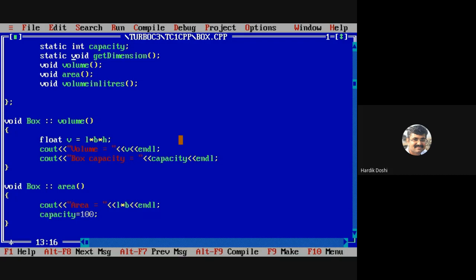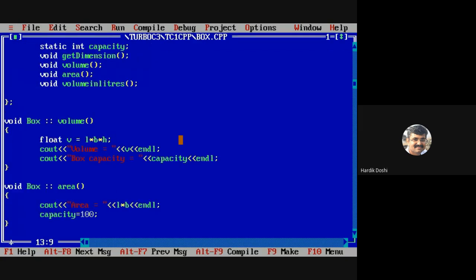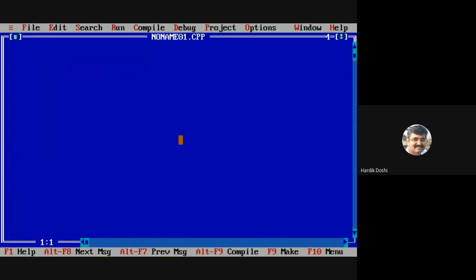Sir, what is the use of it? Okay, but before moving to that, I will not write it in this same program. Let us make a new program. I'm writing a program for static member functions. So how I can write the static member function is, let's say I make a class named test,